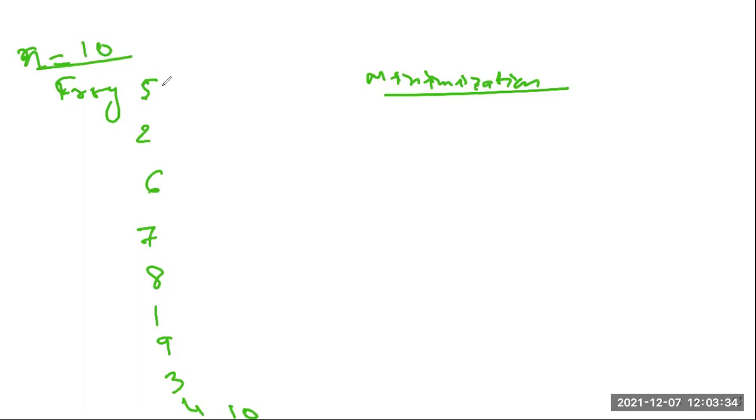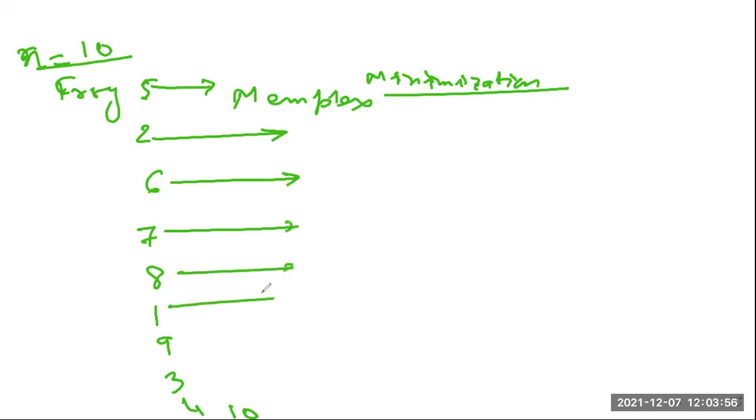So what will happen? The best frog will go to the first memplex. Memplex is the colony where the frogs are actually located, their living location. Then the next frog will go to the next memplex, then the third frog will go to the next memplex. This way they are moving into different memplexes, depending upon their fitness value, their objective function value, their performance, their ability to search for food.